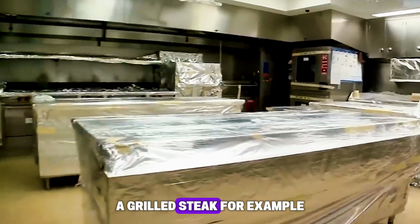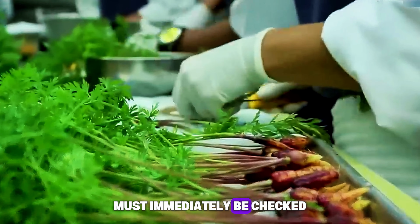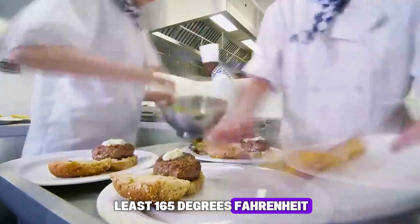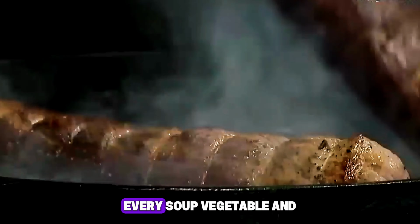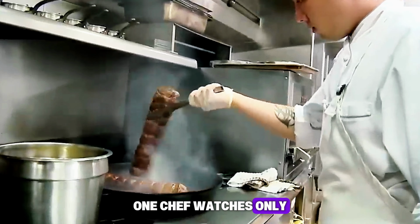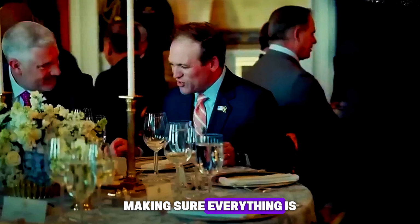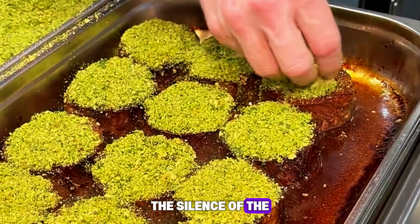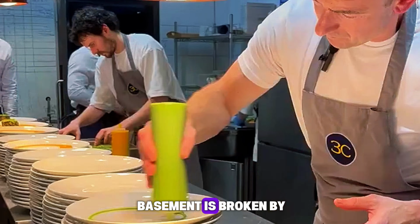A grilled steak, for example, must immediately be checked for temperature and must reach at least 165 degrees Fahrenheit, or it goes back on the grill. Every soup, vegetable, and dessert is carefully monitored. One chef watches only the president's plate, making sure everything is flawless and safe. Finally, at 2 a.m., the silence of the basement is broken by an oven timer. The turkey goes into the oven, and for the next 13 hours, no one is allowed to leave the room,